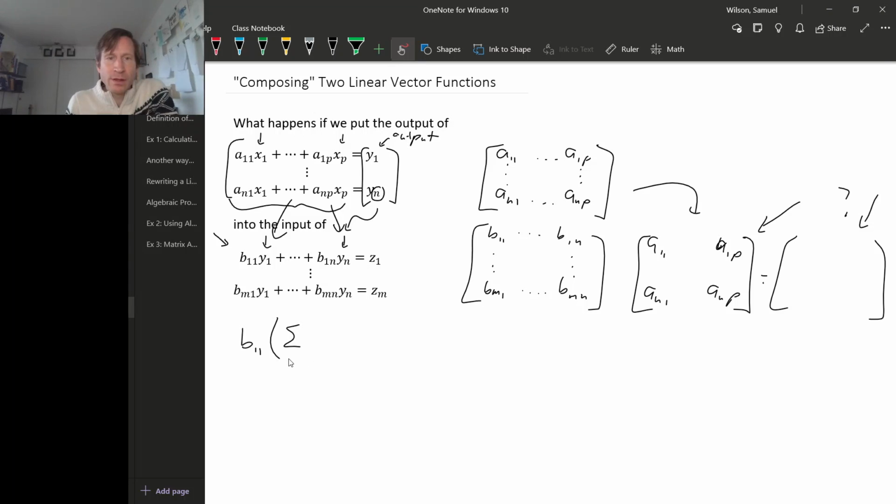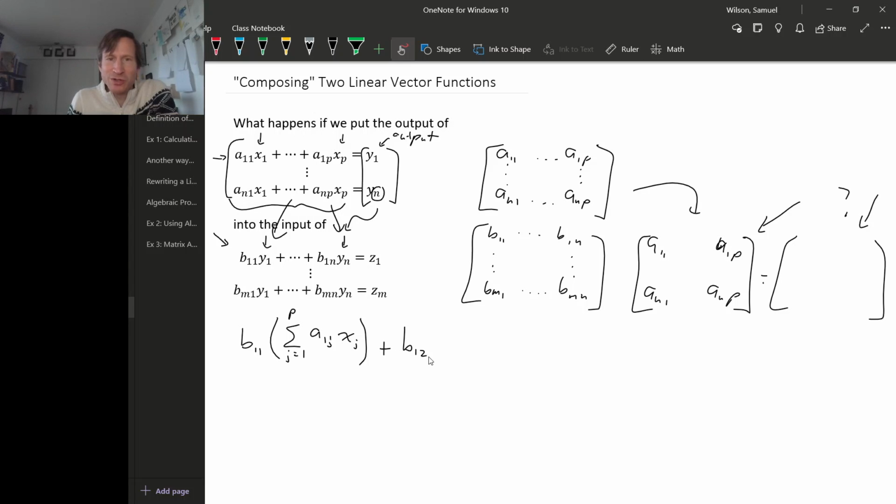So we get the sum from j equals 1 to p of A1j xj, right? So that's just this sum here, plus